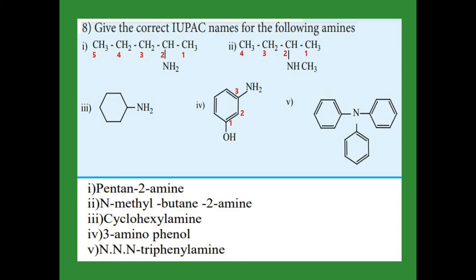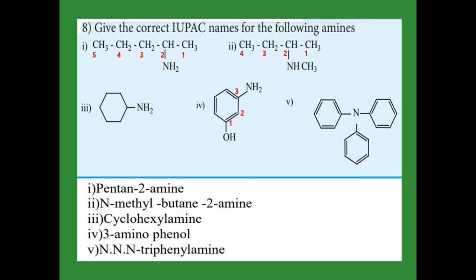So butane-2-amine, and on the nitrogen one methyl is attached, so N-methylbutane-2-amine. And the third one, it is a hexane. Why is it called hexane? 6 carbons are there, and it is in cyclic form, so cyclohexane, but one of the hydrogens is replaced with the NH2 group, so